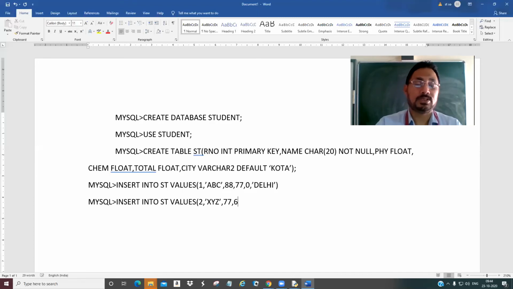And see here I am giving some column names. RNO is a must and name is also a must. Then if you want to give the physics marks also, you use the column name physics. If you also want to give the chemistry marks, you give chemistry also.